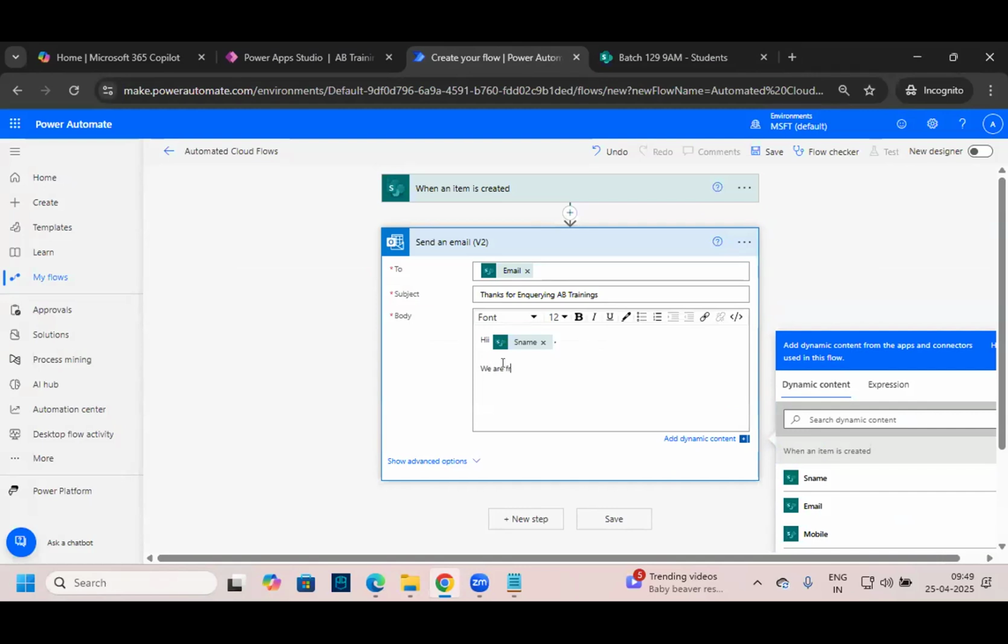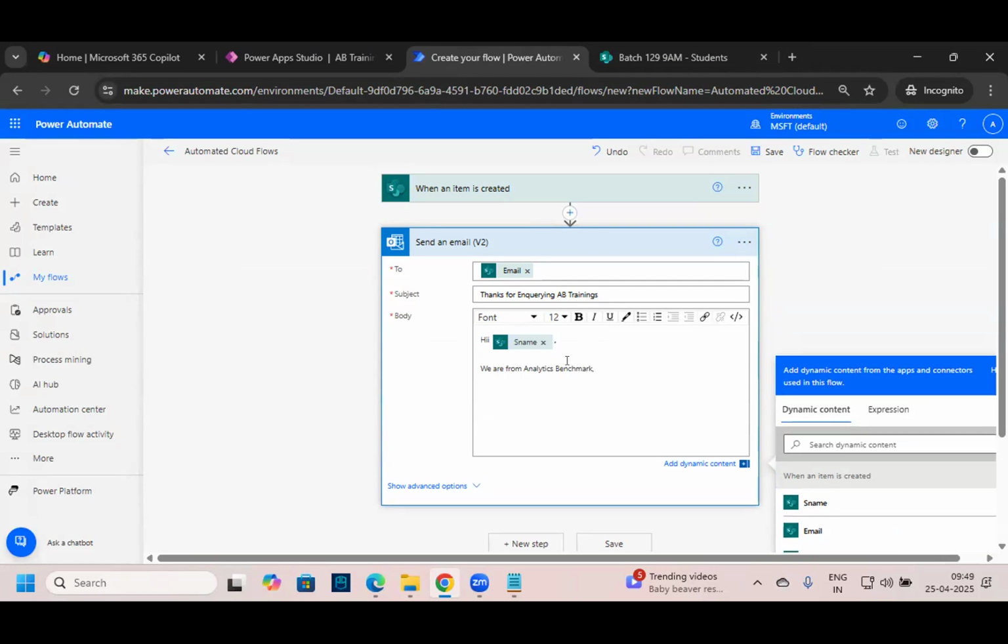Let me keep here: we are from Analytics Benchmark. Let me keep the Analytics Benchmark in bold. Let me keep some color formatting. We are from Analytics Benchmark. Let me keep here, thanks for